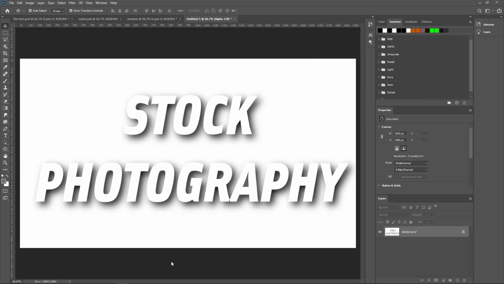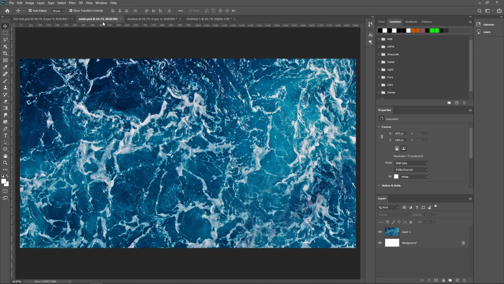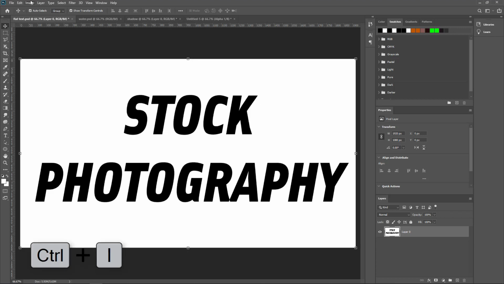Now I want to add another layer of awesome blending effects. So I switch back to flat text.psd, and I have already opened the water.psd document. I want to fill the text with this water layer, and I want to invert once again because the effect only works in the black areas. So I invert it and I choose the Image menu.